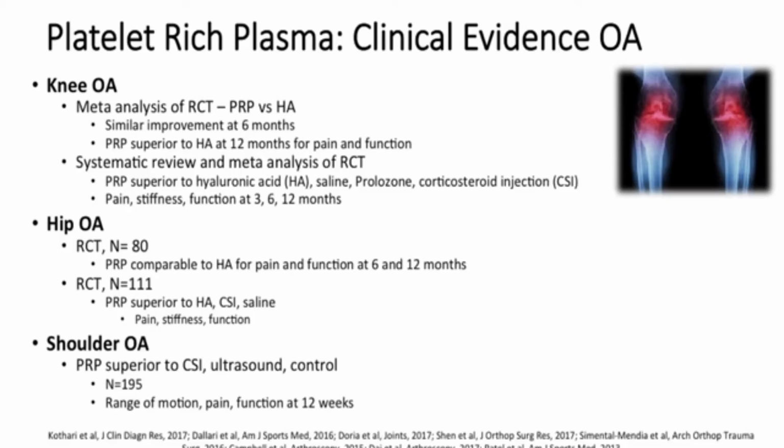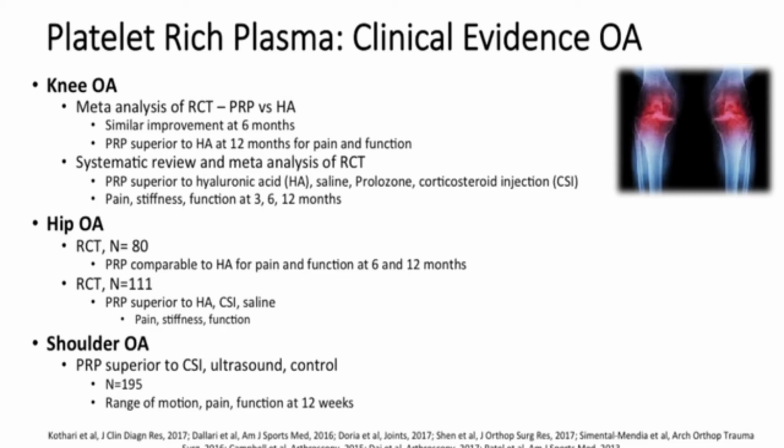So let's dive into the evidence for PRP. So first I'm going to start off with osteoarthritis. So for knee osteoarthritis, a few studies. There was a meta-analysis of randomized controlled trials that compared PRP to hyaluronic acid. There was similar improvement at 6 months, but at 12 months, PRP was found superior to hyaluronic acid for pain